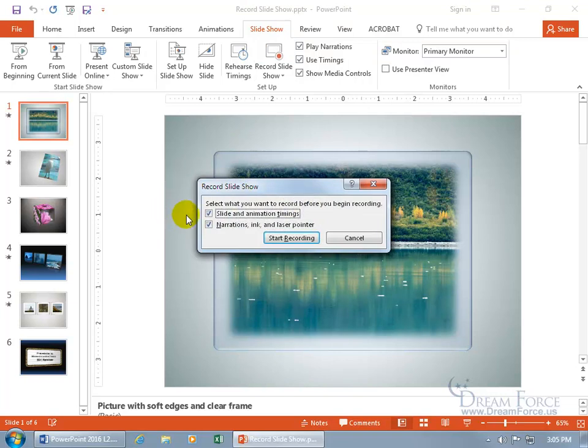Now, by default, it's going to include slide and animation timings. What that means is that as you advance from one slide to the next, when you get to the second slide, it's going to keep track of how much time you spent on the first slide and save it. So if it's 5 seconds, it'll save it there, then maybe 10 seconds, 3 seconds, 4 seconds. Then at the end, it'll save it all, so when you want to play it back, it's great because it'll